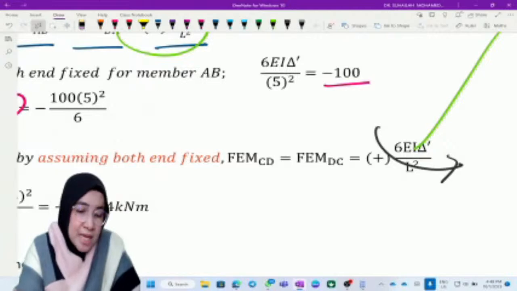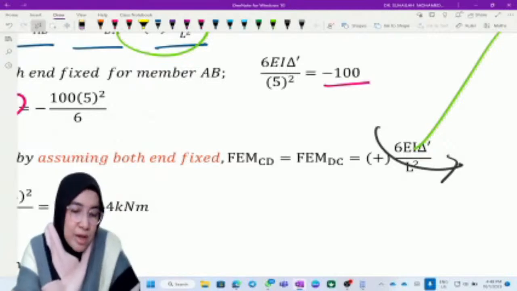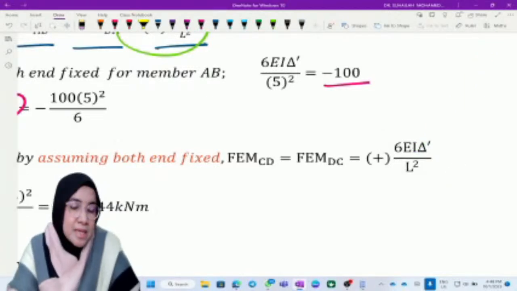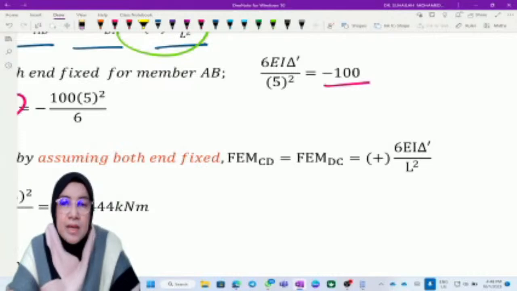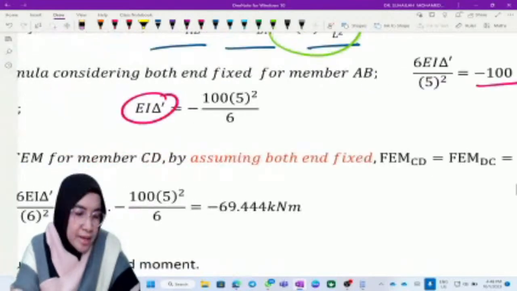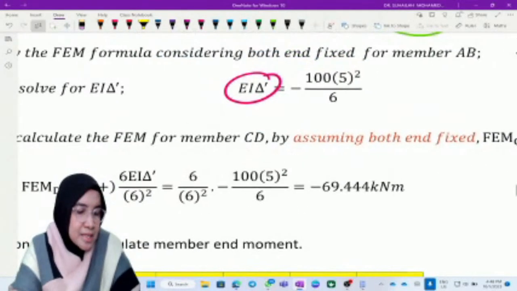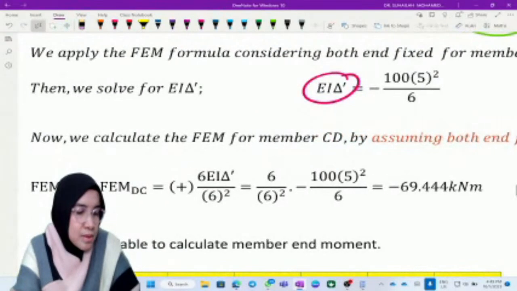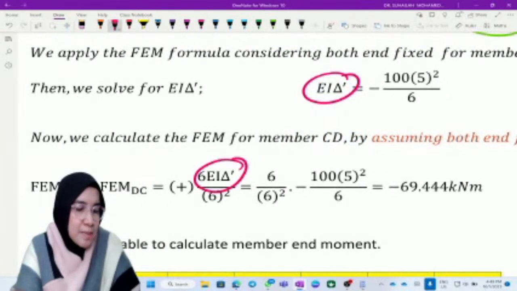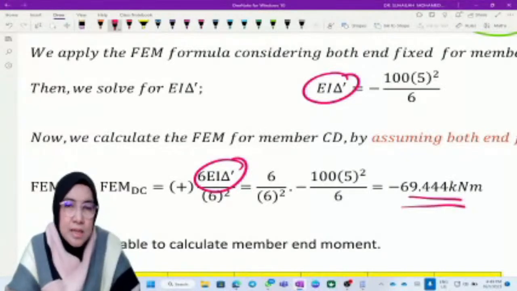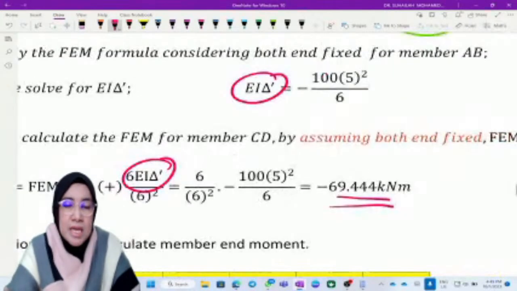We use the same formula, except L is different. So we substitute EI delta prime into this equation, and finally we get the fixed end moment for member CD equal to negative